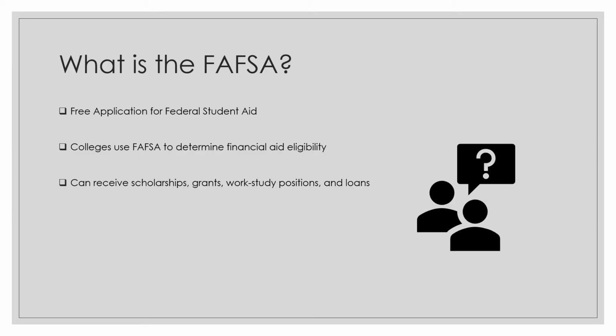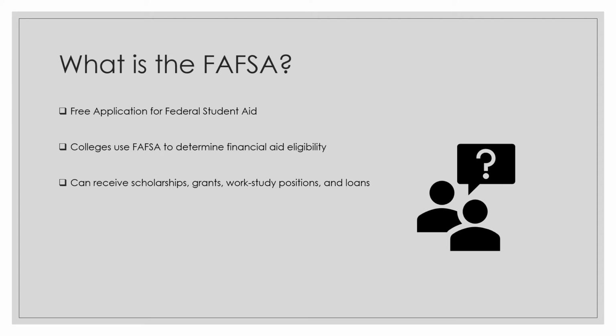So a quick breakdown of what the FAFSA is. The acronym breakdown is Free Application for Federal Student Aid. And basically, colleges will use your FAFSA application to determine your financial aid eligibility. So you are going to get a student aid report after your FAFSA has been processed. That is going to be sent to the different colleges that you list within the application, and then they will be able to review that and provide you with the financial aid opportunities that you are eligible for based off